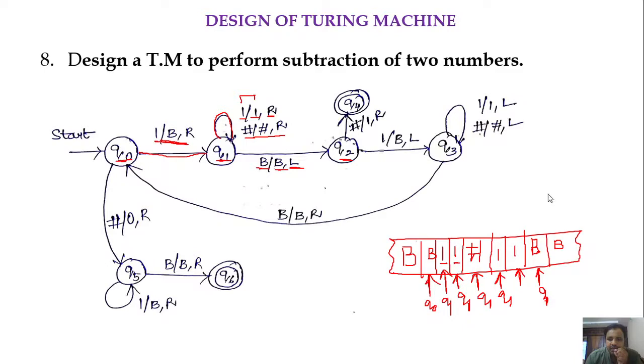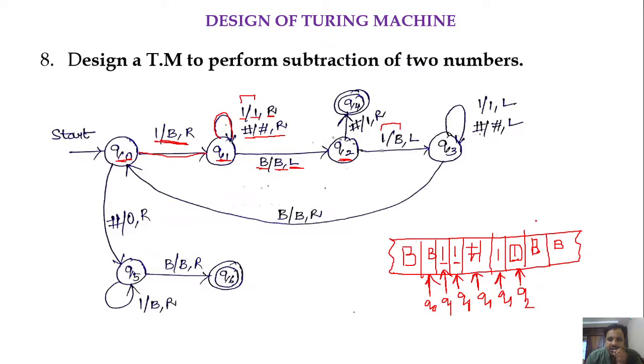Now, move the head towards left. So now if we observe this, we are in state q2, and the input that is pointed out by the head is 1. So in q2 if we get a 1, replace that 1 with a blank and move the head towards